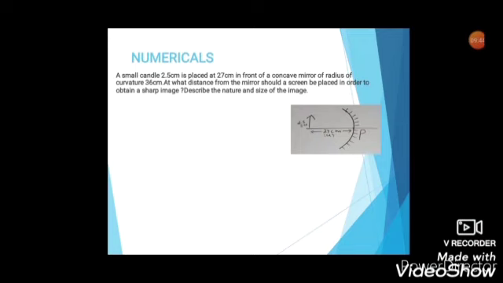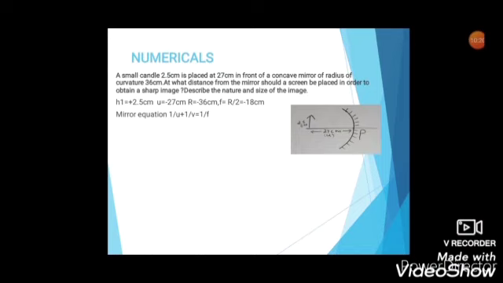Like the first question, but the only difference between 1 and 2 is that first it's a convex mirror, here it's a concave mirror. And in the first question, we had to find only the distance of the image. In the second question, we need to find the position of the image plus its nature and size. Correct? In the first question they directly asked you the position of the image. Here in the second question they have asked you what is the position of the screen. So that indirectly is asking you to find the image distance. Correct? So let's see what is given in the numerical.